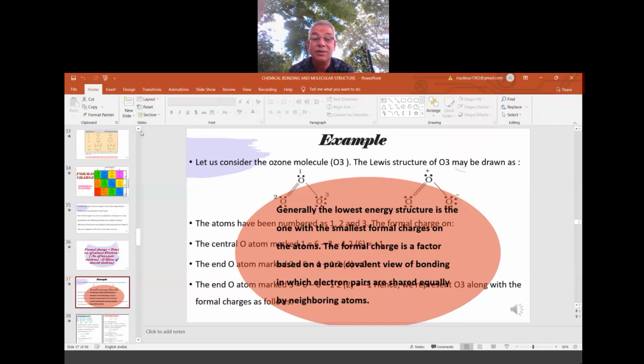Now if you come to the second oxygen atom, where we have two lone pairs of electrons and two bond pairs of electrons between the 1 and the 2. Whereas in the case of oxygen atom number 3, between the 3 and the 1, we have one bond pair and 1, 2, 3, 4, 5, 6, so 3 lone pairs of electrons.